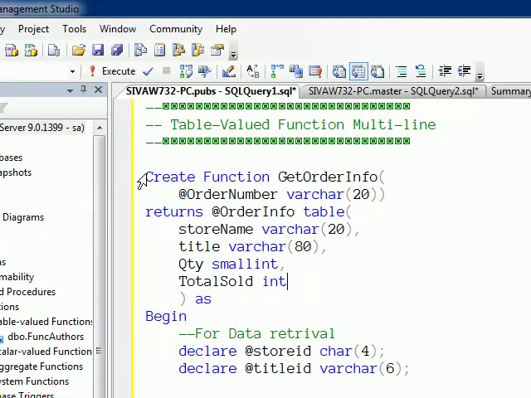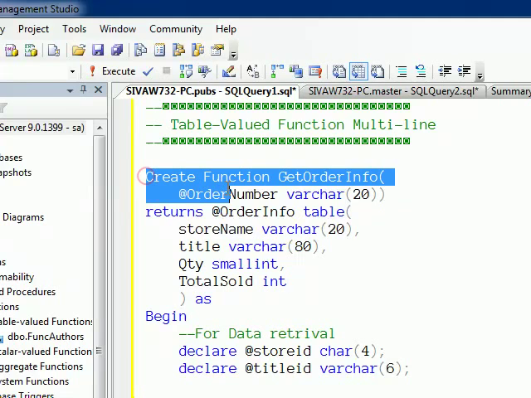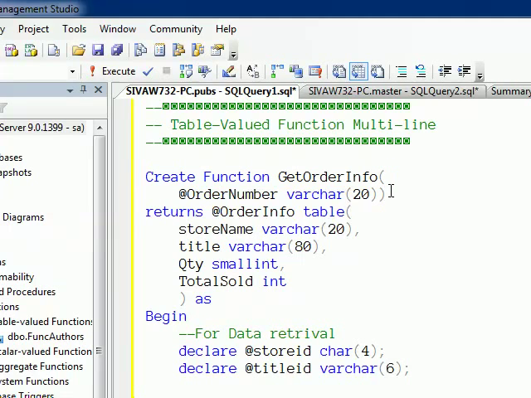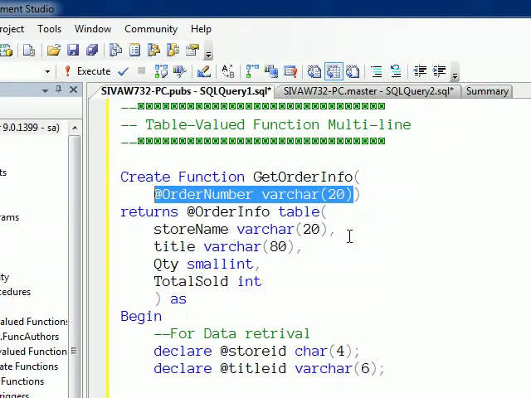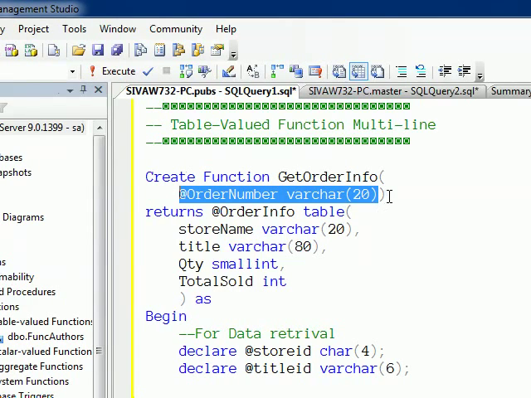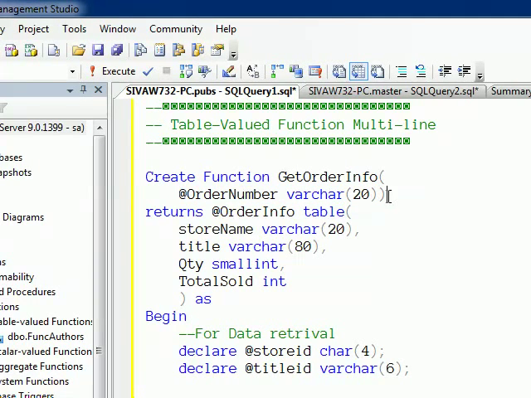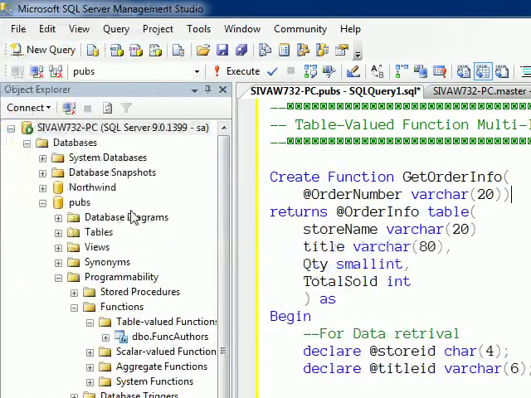If you see, the syntax is almost the same as the table valued inline function. Here is the first line, create function, and the function name is get order info. Here, this function is actually accepting a parameter, order number. Based on that, the function will get the order information. So before we proceed further on this, I will just expand the